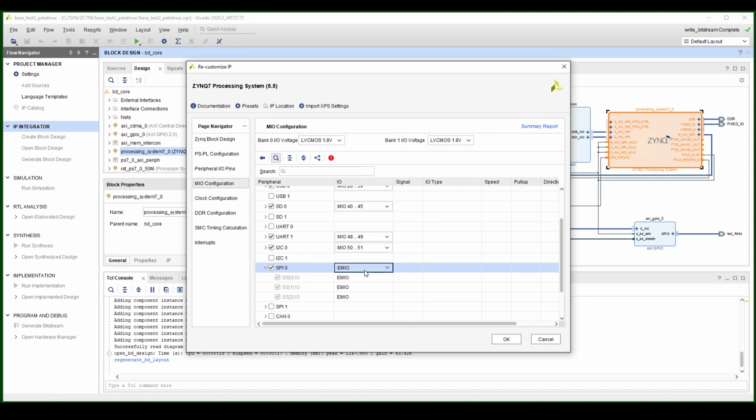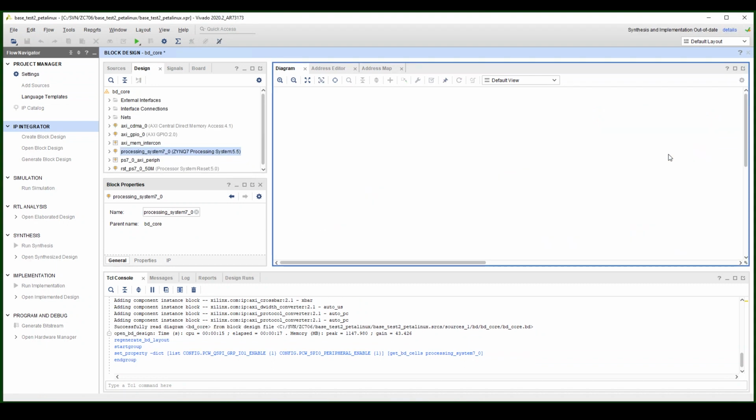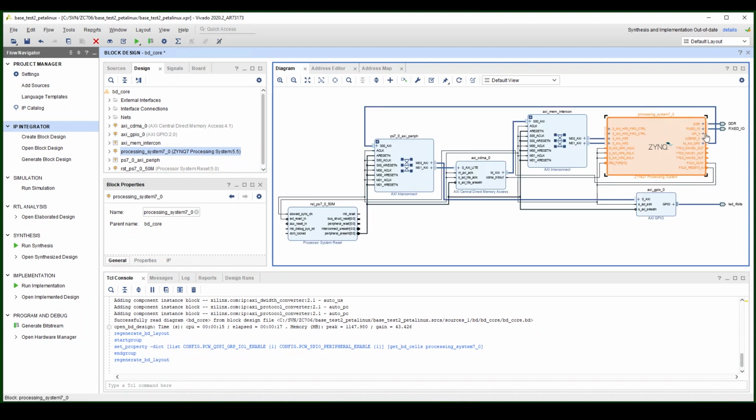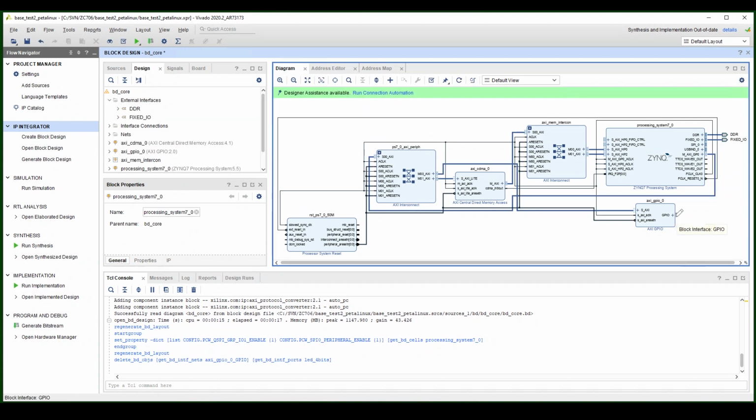So once we enable this, the icon of the Zynq block will have the SPI pins here. And in the previous design, we used the ASIC GPIO to control the LED, but right now we need to use this to control our LCD panel for the extra pins other than the SPI bus. So we will remove the LED from the design and use the GPIO and the SPI link to the